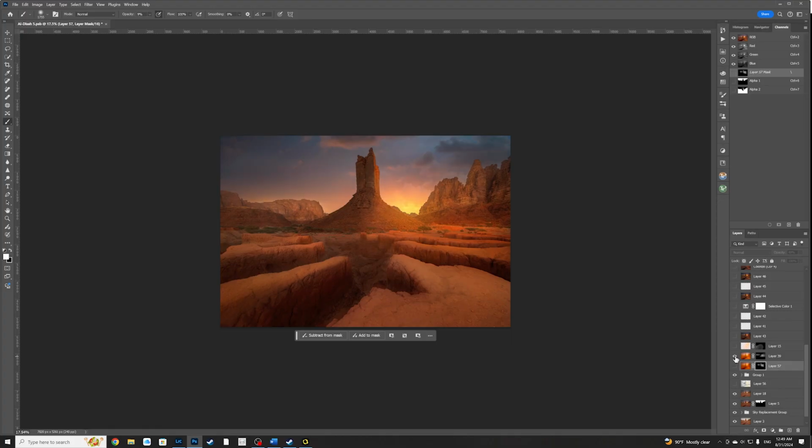Okay, so this was the one I did. Then I just added a normal brush stroke just to kind of have some sort of flow of the light going from here to there. And then